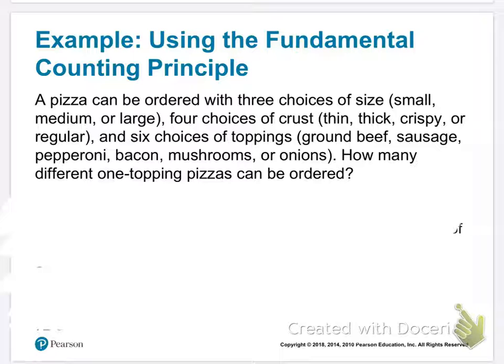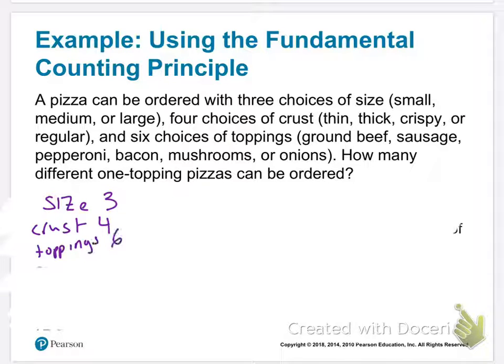Okay, so our next example: a pizza can be ordered with 3 choices of size, small, medium, and large; 4 choices of crust, thin, thick, crispy, or regular; and 6 choices of toppings, ground beef, sausage, pepperoni, bacon, mushroom, or onion. Those all sound terrible. How many different one-topping pizzas can be ordered? So we know we have our size, 3 options, our crust, 4 options, and toppings,